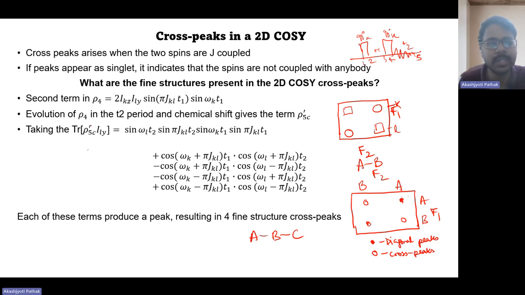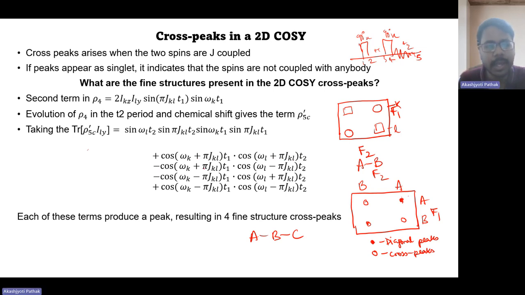If we take the trace of this rho 5C dash with I_ly, then we get this expression: sin(omega_l t2) sin(pi J_kl t2) sin(omega_k t1) sin(pi J_kl t1). Now if we solve this to find the points having this t1 component, and in the F2 dimension, or the t2 dimension, where we will get the spectra, we apply our trigonometric identities and solve this. Then we will get this expression: cos((omega_k + pi J_kl) t1) cos((omega_l + pi J_kl) t2)